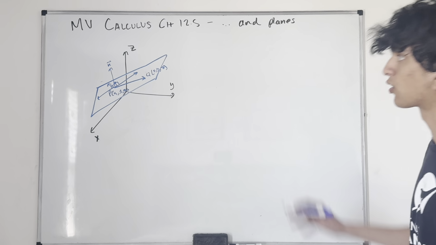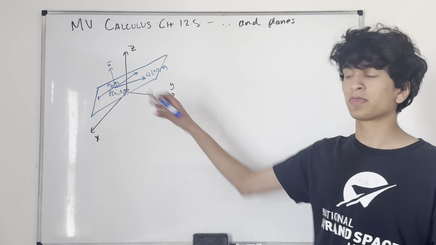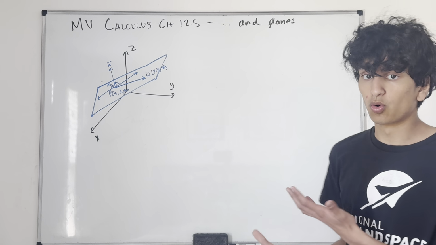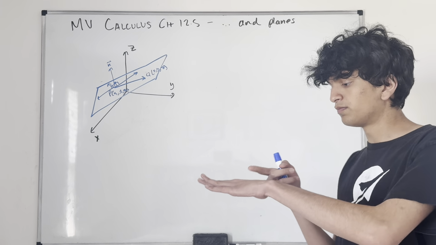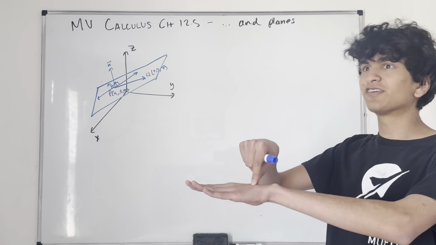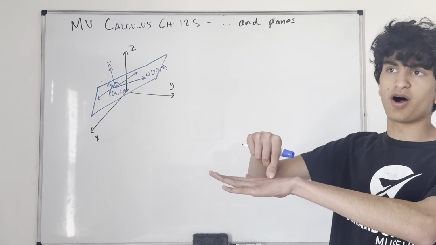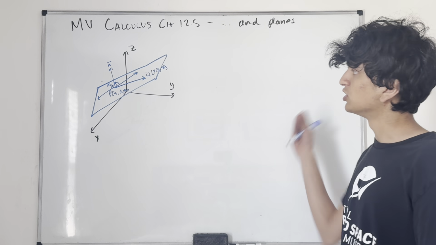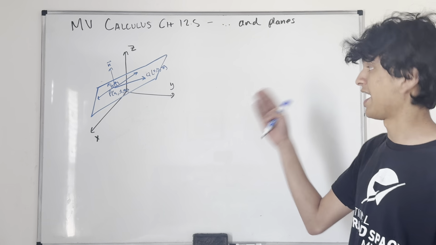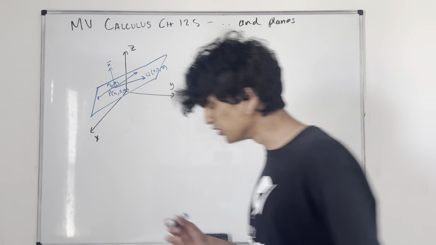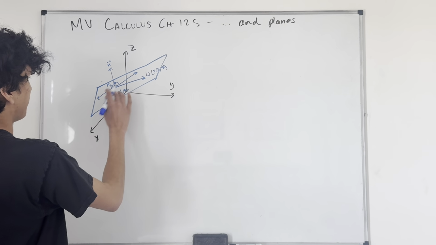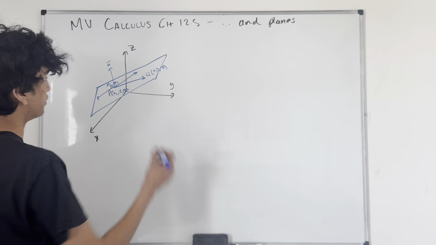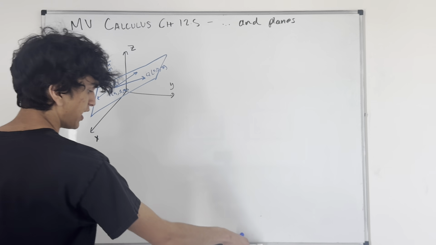According to this definition of a plane, it's all the points whose vectors starting from some other point to that point are all perpendicular to some normal vector n. If we use this definition, let's say that this point x, y, z from the origin is defined as